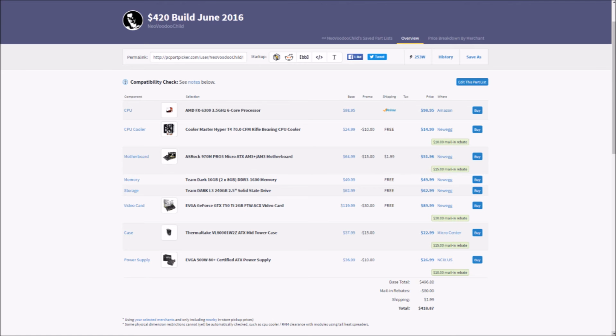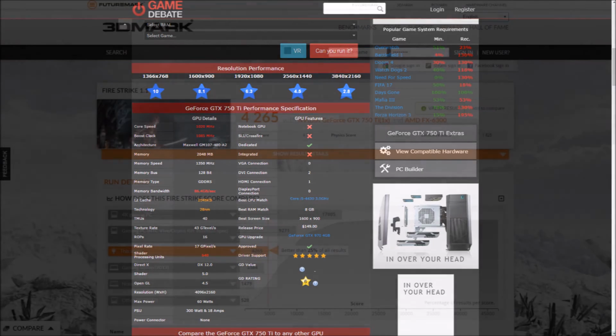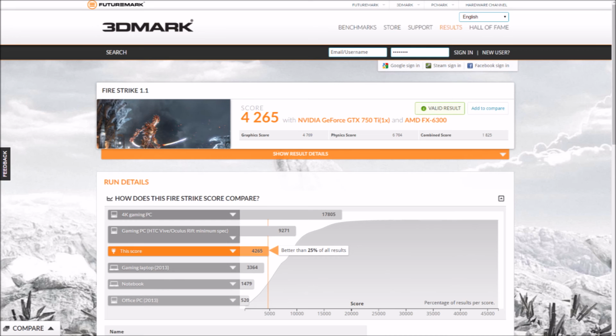That brings our grand total to just over $400. Alright guys, I tried to keep this one short and sweet. The system is a great option if you just want to dip your toes in the waters of PC gaming and you're not quite ready to take that plunge. With a Firestrike score of over 4,000, it's a very capable machine at 1080p and will rival any console at this